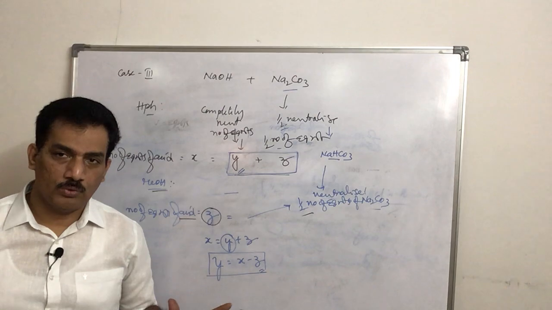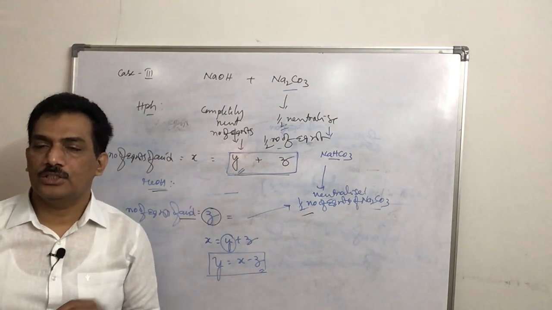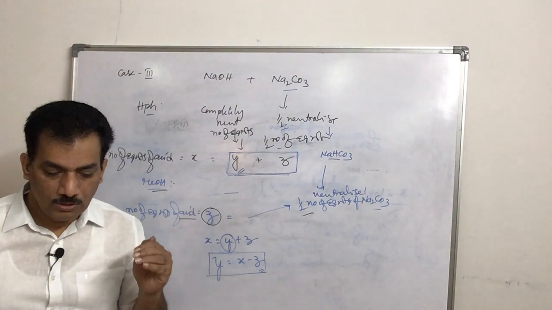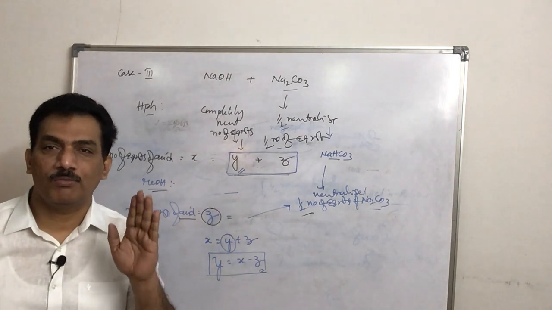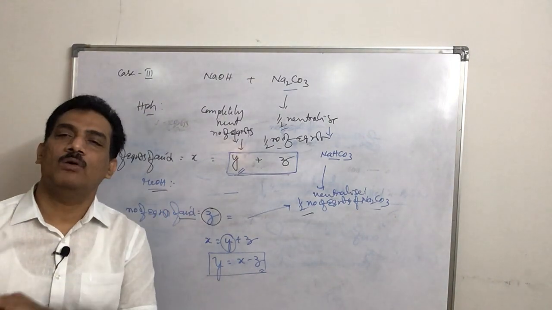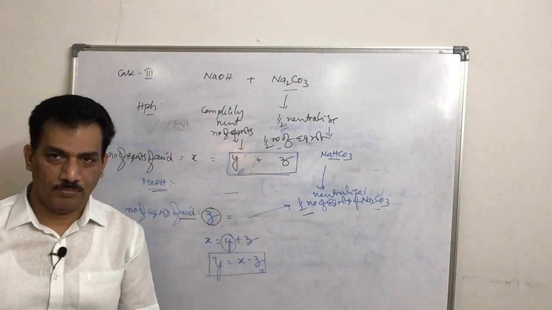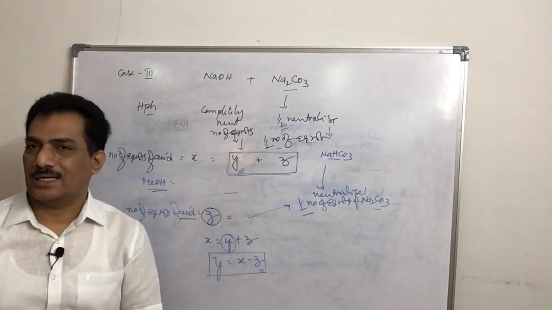NaHCO3 is completely neutralized. Just remember, my dear students, the double titration should always be carried out in a systematic manner. First of all, you have to titrate the mixture solution in the presence of phenolphthalein. Then you have to use methyl orange. We should not use them in reverse order. It is not possible, and in reverse order we do not get the correct data.